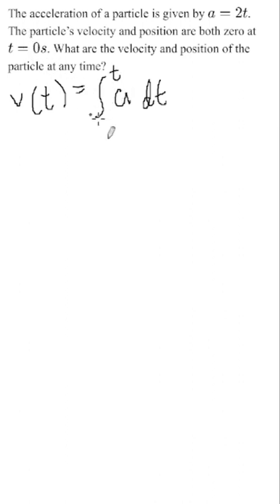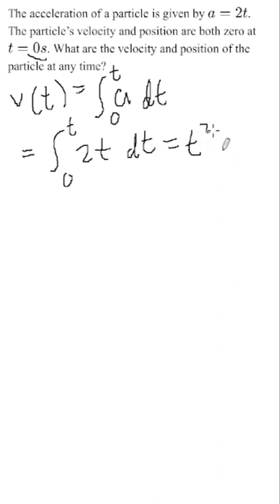So, we know that the acceleration is equal to 2t and that the velocity is equal to the integral of the acceleration with respect to time. Now the upper bound is the time and the lower bound is 0, since the initial time is 0 seconds right here. Now we can just simply solve this. We can substitute a equals 2t, so this would equal the integral from 0 to t of 2t with respect to t. Now if you use the power rule, this